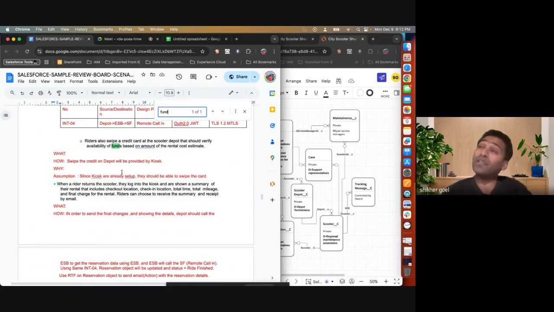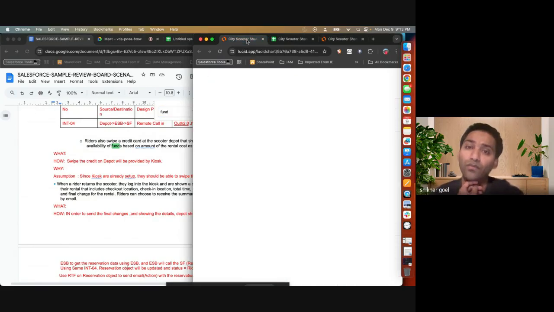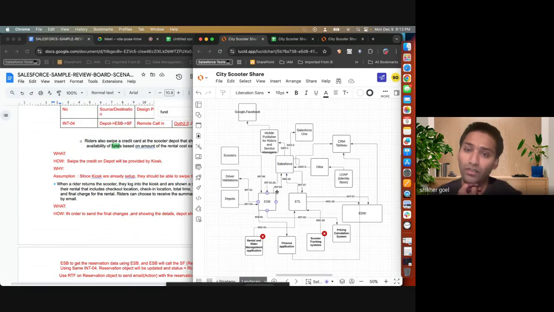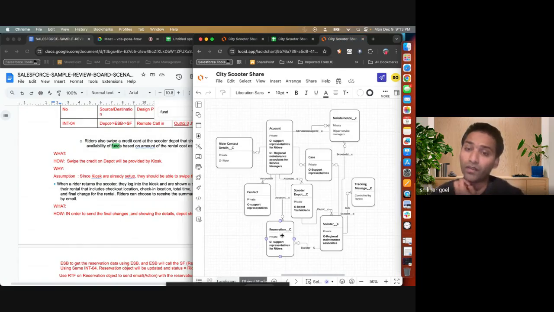So once the funds are available, the scooter would be unlocked, and that is a depot functionality, because there will be a trigger on the depot, an iPad-like device which will give an electric signal to the scooter to open it. Once the scooter opens, automatically a callout will be sent from the depot to ESB to Salesforce that the scooter ride has started, and that object would be the reservation object, where the reservation status would be updated to ride started. Okay,